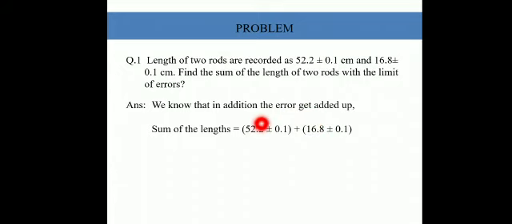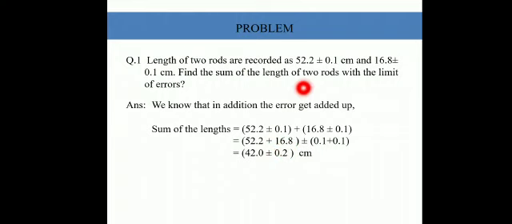they get added up. So 52.2 plus 16.8, and the error, like I said previously, the error in the first value and the error in the second value also get added up, whether it is addition or subtraction. Errors in individual properties always add up. So here in the final answer we will get 42.0 plus or minus 0.1 centimeter plus 0.1 centimeter. The final error is 0.2 centimeter.